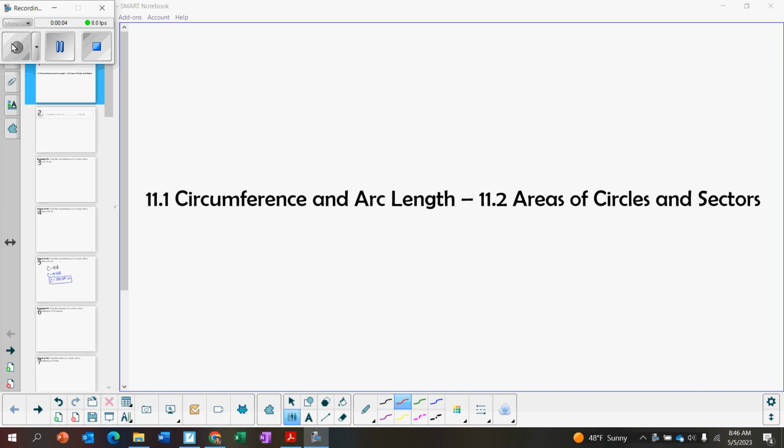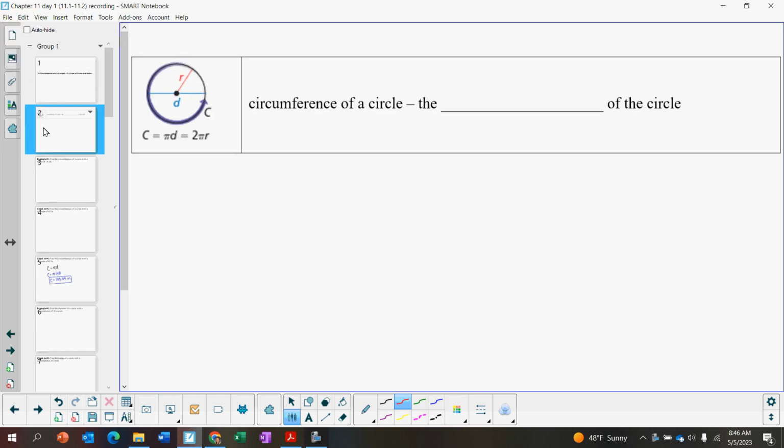Today we're going to talk about circumference, arc length, and area of circles. So the first thing is the circumference of a circle is really the perimeter of the circle. And our formula could either be based on the radius or the diameter. So C could equal pi times d, so pi times the diameter, or 2 pi r, because the diameter is really 2 times the radius. So pi d or 2 pi r, depending on what we're given or what we're looking for, will determine